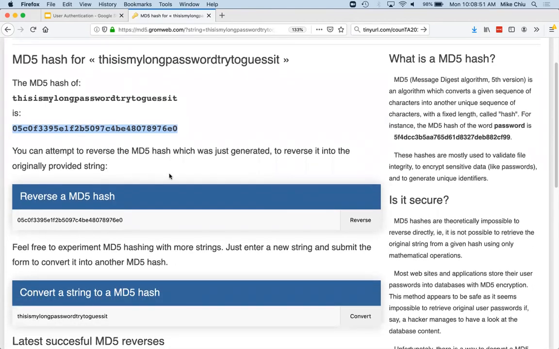If you think like a bad person, a hacker, once they get a password or a list of passwords, they're going to run through different algorithms or programs to try to crack the passwords. And so one of the easiest things they can do is like this website. You can try to reverse